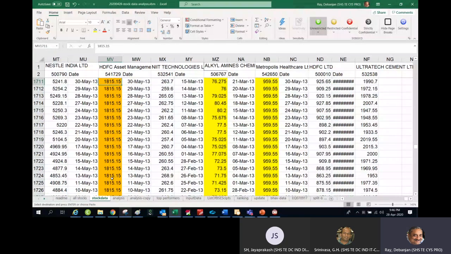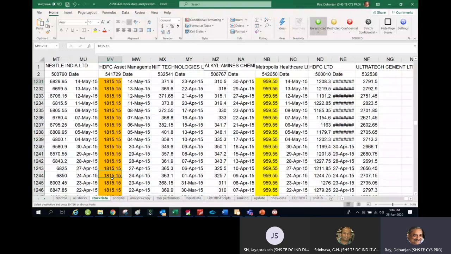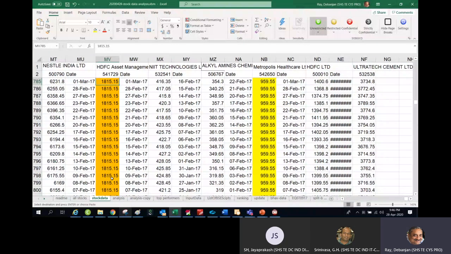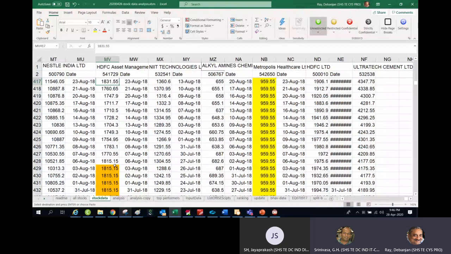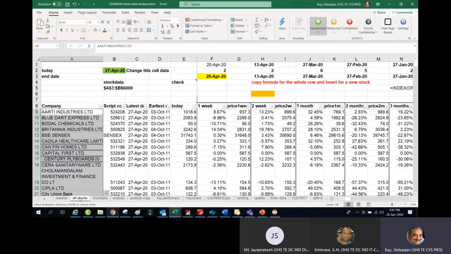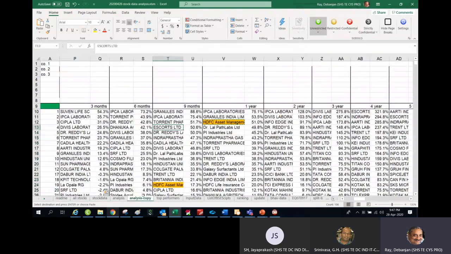The real data was available only from 6th August 2016. But in order to fool the system, for HDFC Asset Management Company I put the same thing for the earliest date. Otherwise the formula will give an error. That's why I was forced to do it. So ignore that one.